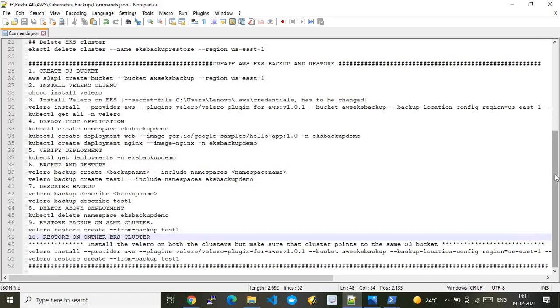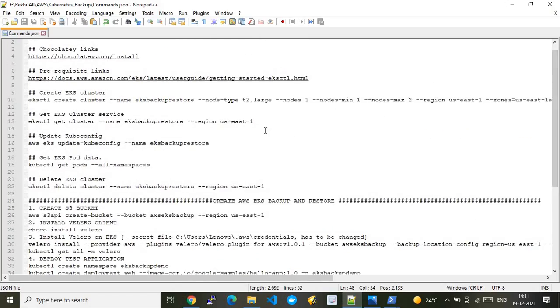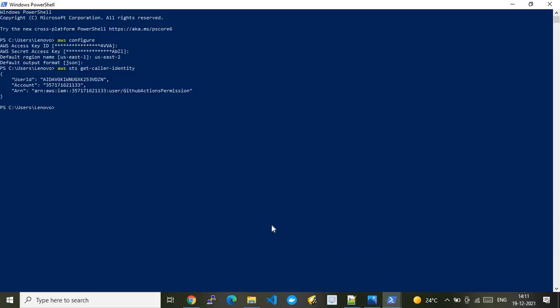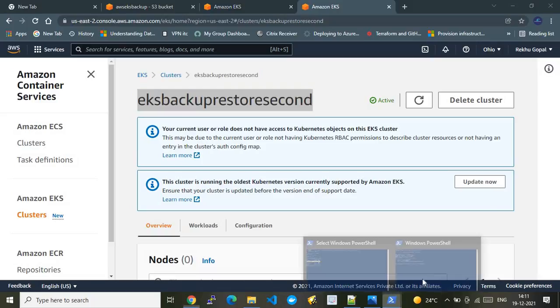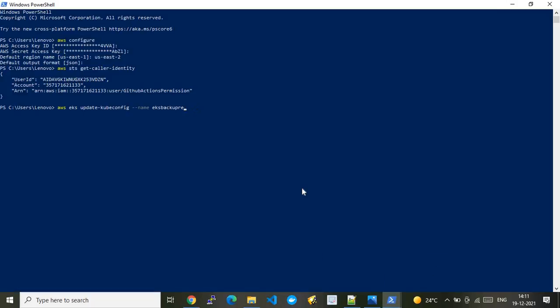Now I need to access that EKS cluster to do the restore operation in the secondary region. How do I do it? I have to first set the kube config context. I have to run the command aws eks update-kubeconfig targeting that EKS cluster. Only then does the kube config get updated, and then I can communicate with the secondary EKS cluster. This becomes a prerequisite, for your information. All right, now we are in the secondary EKS cluster. Let me check with kubectl get nodes.